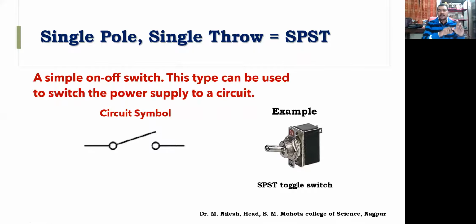The AC switch looks different, with an on-off kind of structure. This one is called the SPST, that is single pole, single throw switch, right? We sometimes call it a toggle switch also. So this is a simple switch. It is just to make or break the connection, or make or break the flow of current through a line. That is the SPST switch.